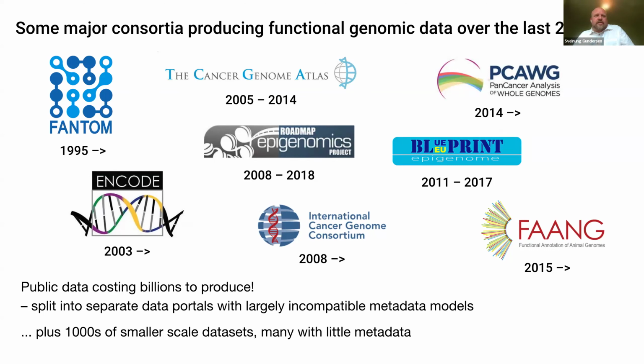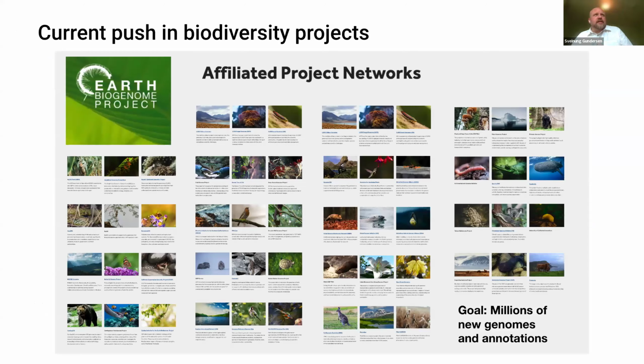And then on top of that, there are thousands of smaller scale data sets, and many of those also have little or poor metadata. And this is more on the biomedical side. And in addition, as I mentioned, there's a lot of biodiversity projects now, most of them under the umbrella of the Earth Biogenome Project. And the goal here is to produce millions of new genomes, sort of mapping the biodiversity of nature. And all of them need to have some annotation, and there is a need for harmonization of the metadata